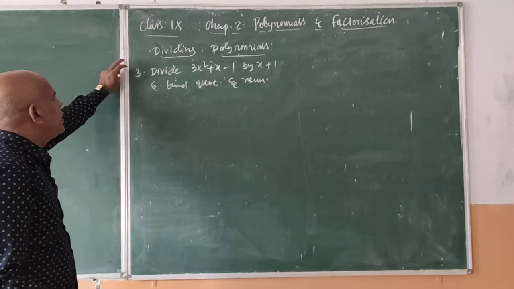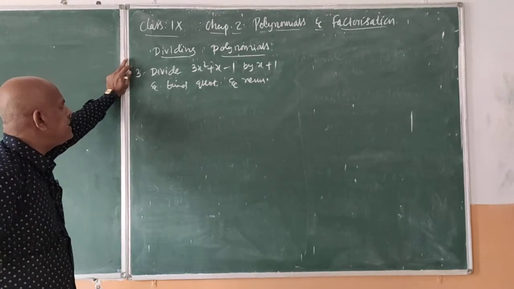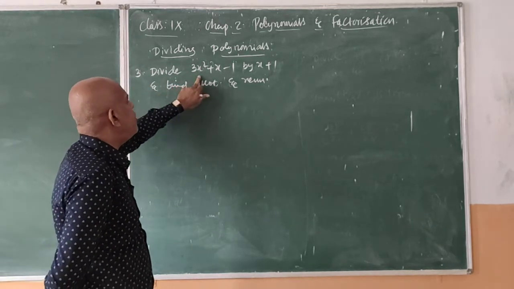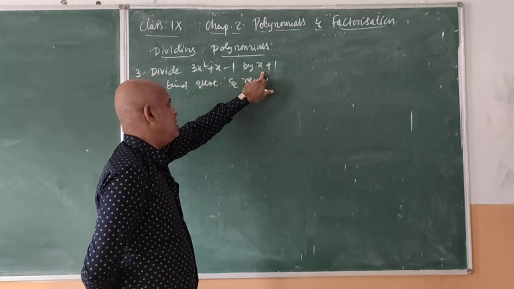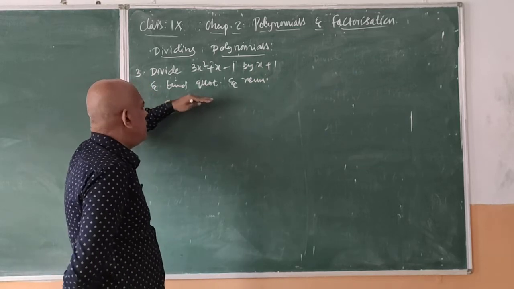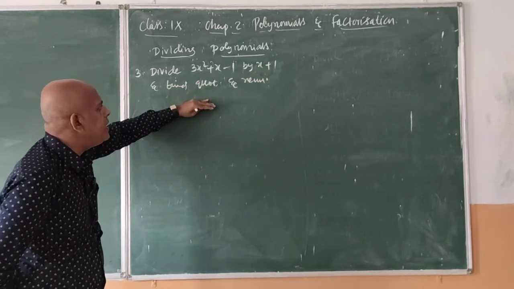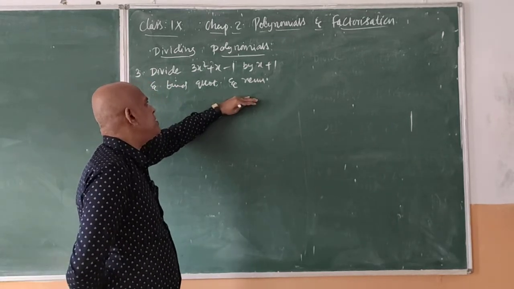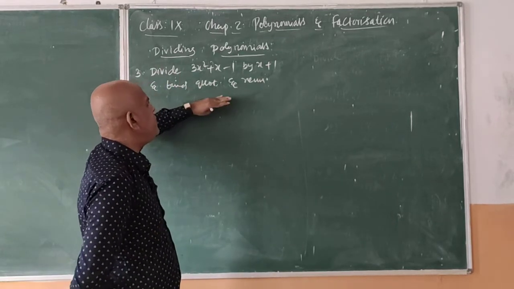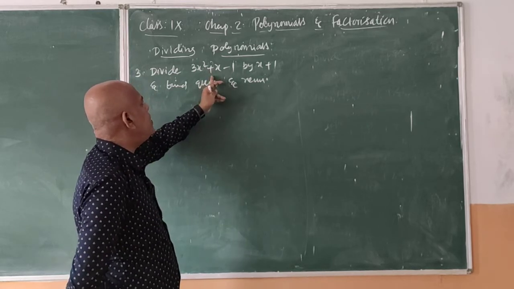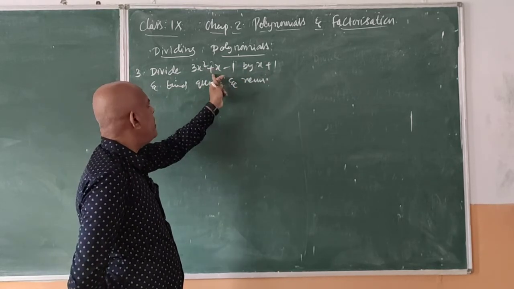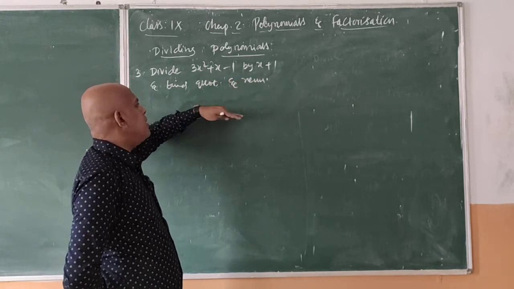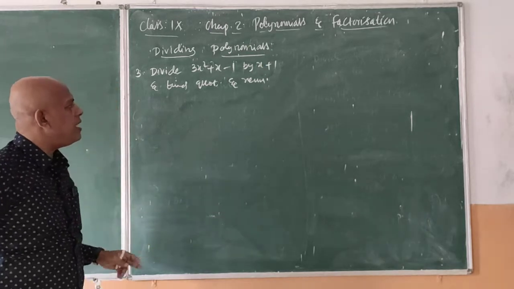Okay, now here it is also dividing polynomials. What is the difference between the previous problems and this one? Here we have division of a polynomial by a binomial. Here we can't directly divide like a fraction. Here we have to do the division process as we did for real numbers. Whether dividing a polynomial by a binomial, or by a trinomial, or anything more than a monomial, we compulsorily have to follow the division process as with real numbers.